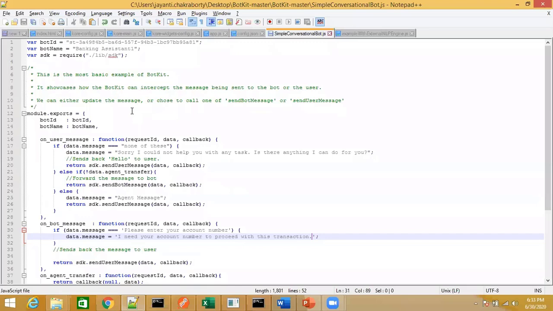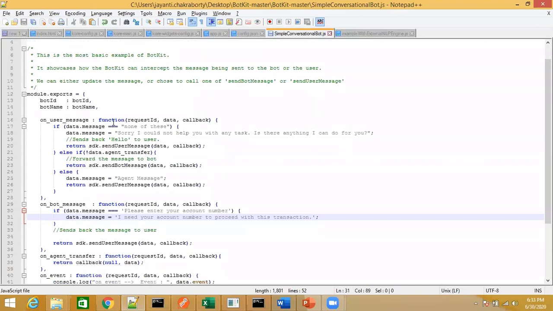All you need to do is provide the data which you need to track through this particular BotKit. What you need to provide is the ID of the bot with which you want to integrate this BotKit, and the name of the bot. So this is the ID and this is the name of the bot. Over here, my bot is not trained to handle an utterance like "none of these". When the bot says that I can open an account, check balance, make payments, and the user says what can I do for you, the user responds back with "none of these".